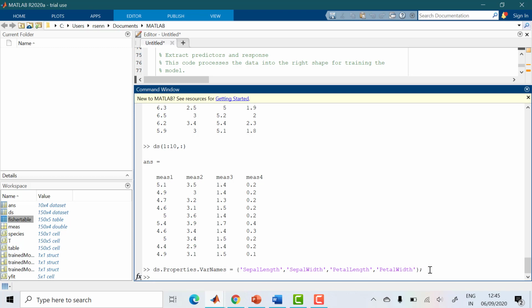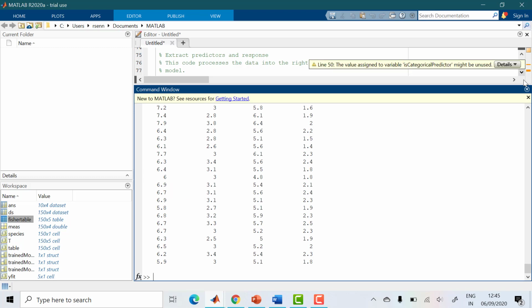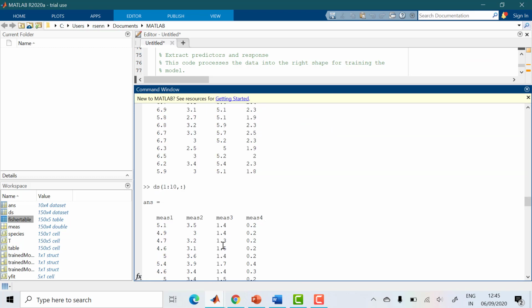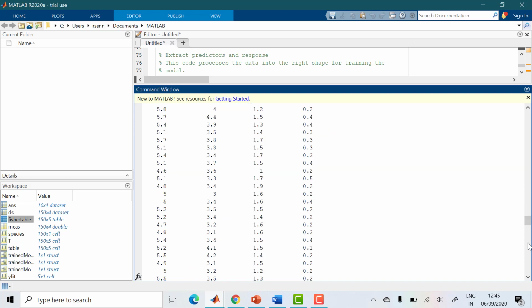If you remove the semicolon you can see the names changed.